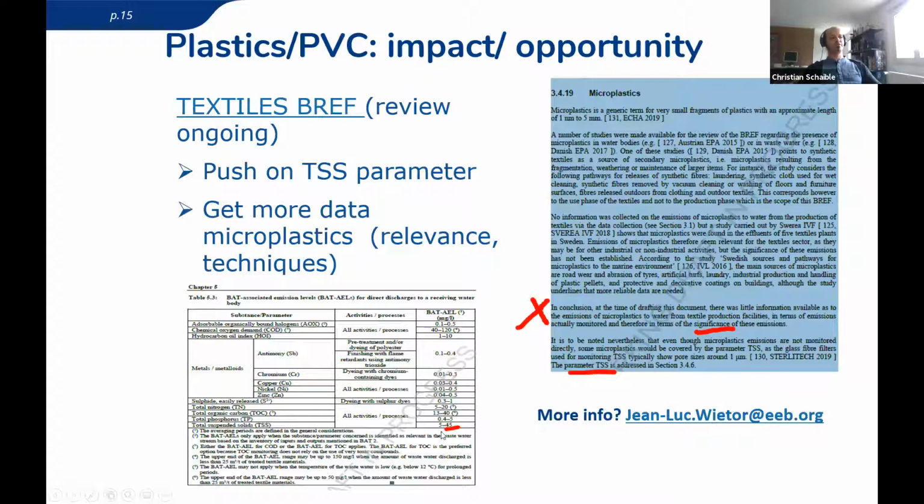It's quite a huge range, 5 to 45 is the current BREF review. Well, on the right side, typical problem. At the kickoff meeting, we said microplastics is an issue. We have to set some standards there. And well, the Bureau says we didn't have enough information available to conclude on whether it's significant first, and two, what we can actually do about it. So if you have any more information on how to prevent pollution at the source, abrasion standards, depollution, pre-washing cycles, whatever, please send it to my colleague Jean-Luc Vitor, who is in charge of this BREF.